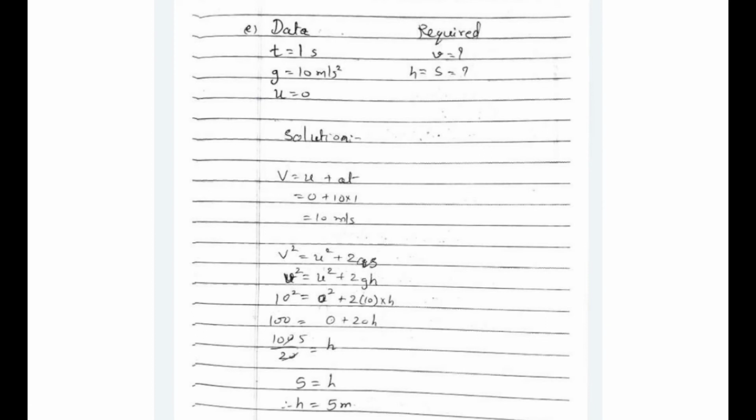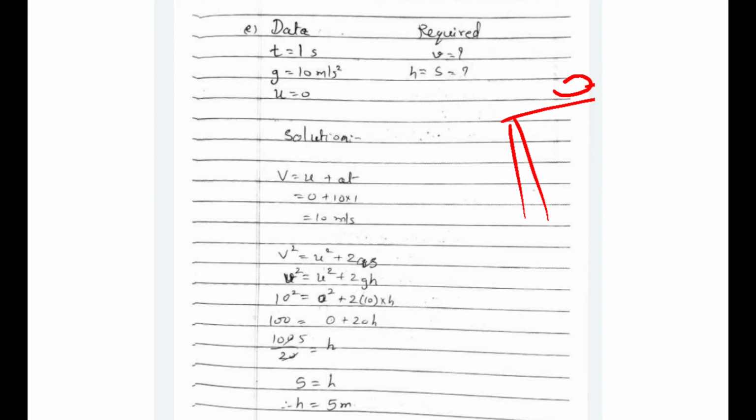Now the next sum. A ball falls off a table and reaches the ground in 1 second. So say here it is on a table and it reaches the ground. It takes 1 second. Oh sorry, this is done, na? Yeah. g is equal to 10 meter per second square. You have to calculate the speed of reaching the ground and the height of the table. So what is the height of this table? That is what we are going to find out, and we are going to find out the velocity also.